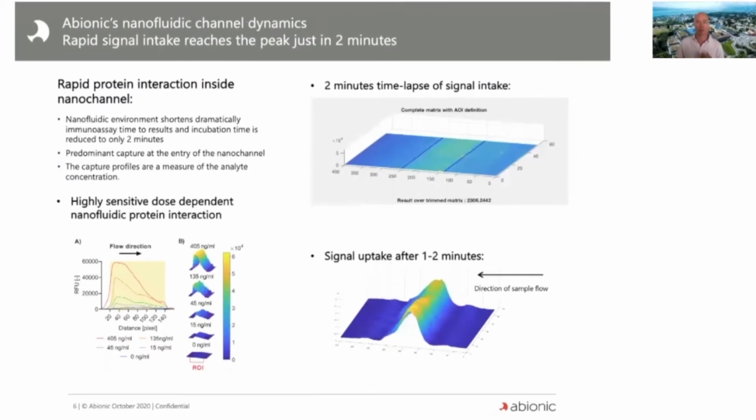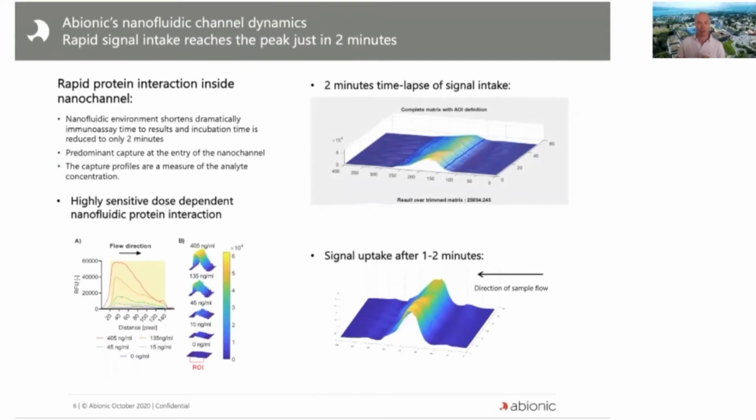On this slide, I would like to share with you the molecular interaction dynamics inside the nanochannel of our biosensor. As you can see now, in the top right, the animation shows the rapid increase of the signal inside the nanochannel once the molecules are traveling through the bottleneck and inside the reservoir. We have here the signal intake over 2 minutes, and as you can see, after 2 minutes, we reach the peak and the saturation of the signal. We can observe a predominant capture of the signal at the entrance of the nanochannel, and here, a highly sensitive dose-dependent nanofluidic protein interaction. Our reading system measures the signal after 2 minutes and provides the user with a quantification immediately,